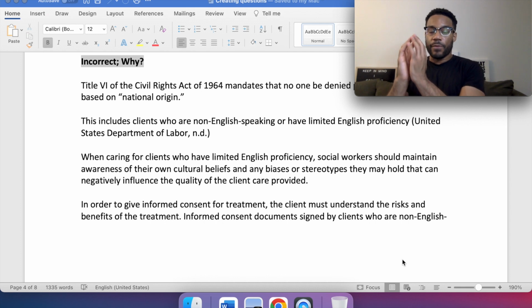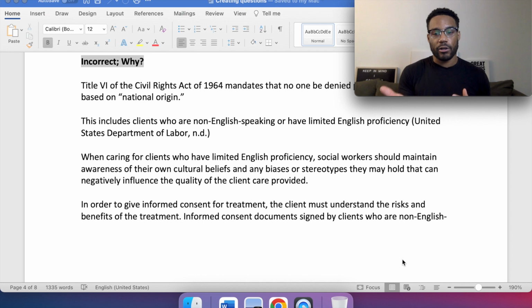So for them to give their consent, we want to make sure that they're informed. That's when they talk about the social worker going over all the risks and the benefits that come with the services being provided, what to expect, literally from A to Z, the whole rundown of everything. Now think about when a client can't give informed consent. When they're under the influence, they're not in their right state of mind. A client under the influence can't give informed consent because, again, they're impaired. Their judgment is impaired because they're under the influence, right? So keep those things in mind.